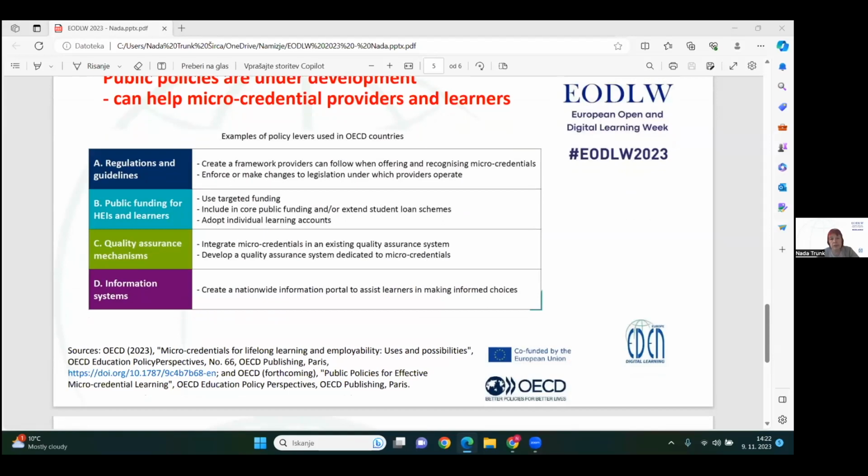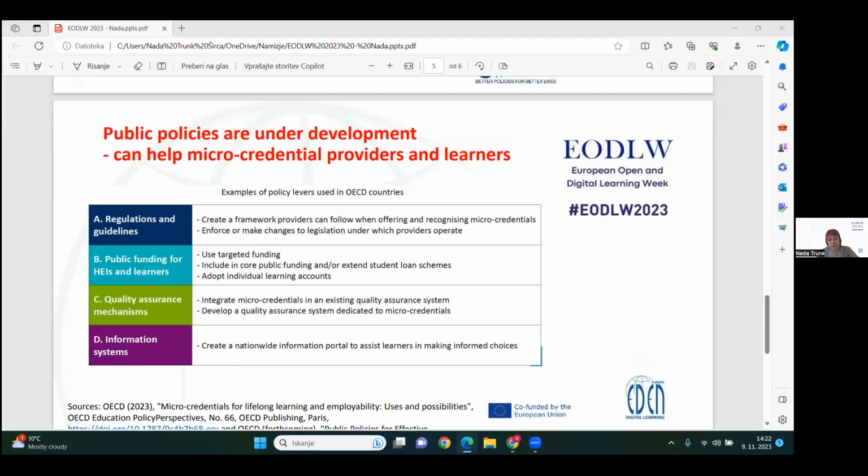If we are talking about the micro-credential in the future, it is under development. OECD and also the European Commission are leaving this to the country. In our case of our project, we are giving the certificates with the ECTS, but it's up to the other institution where the students would like to recognize these credits.